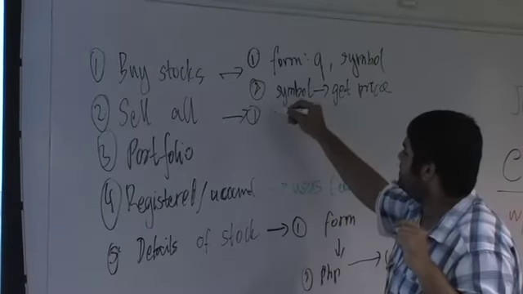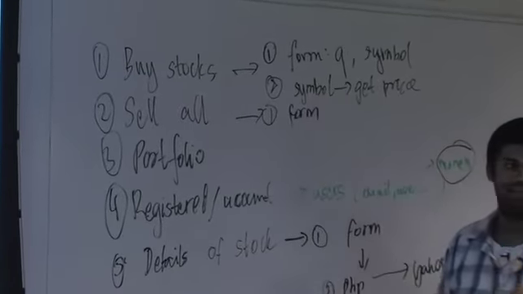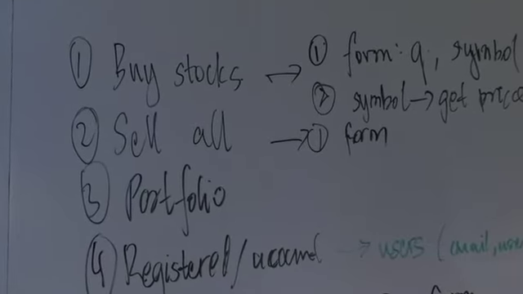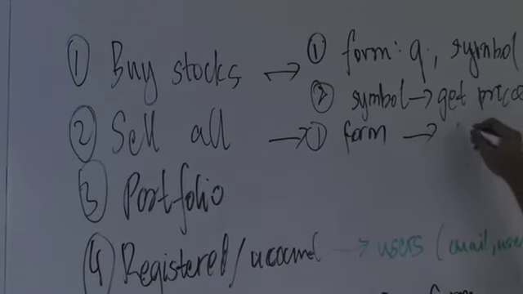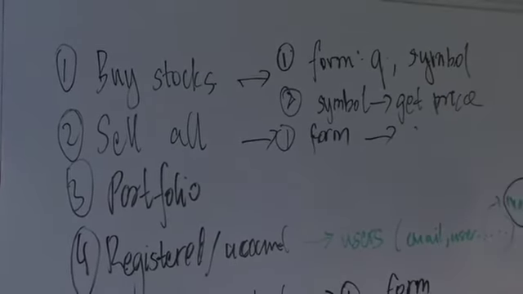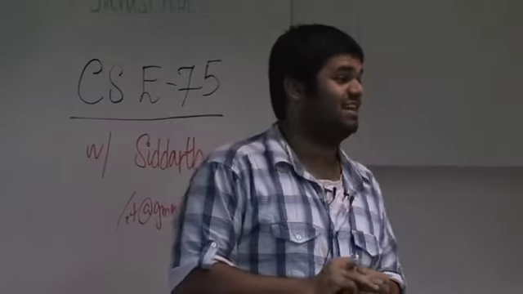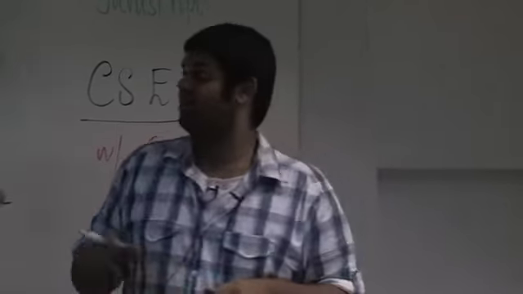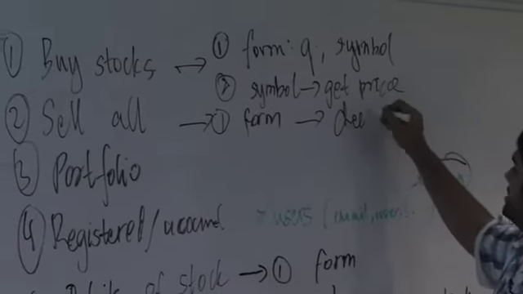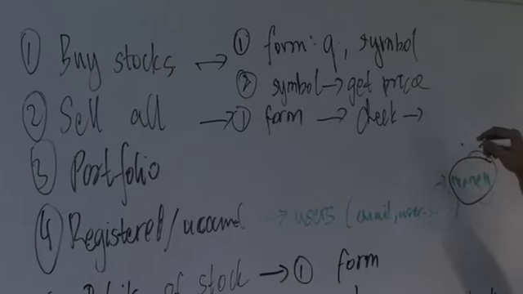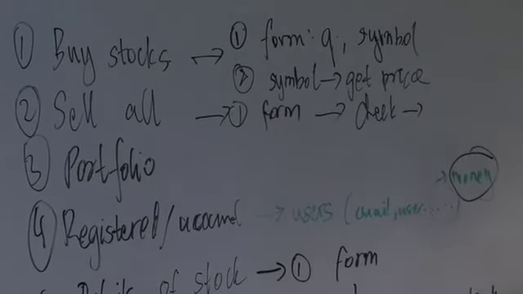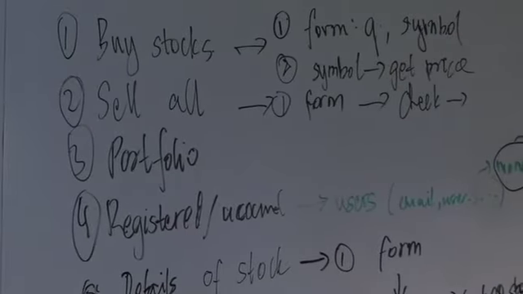So the first thing you need to do. You have a form that lets them submit the name of the symbol. The first thing you need to do is check if they actually own it, right? If I don't own any Google shares, but I'm trying to sell Google shares, it doesn't make sense. So check to see if you can sell. If you can sell, once again, get the price, because it is the selling price at that time. So you basically have to query